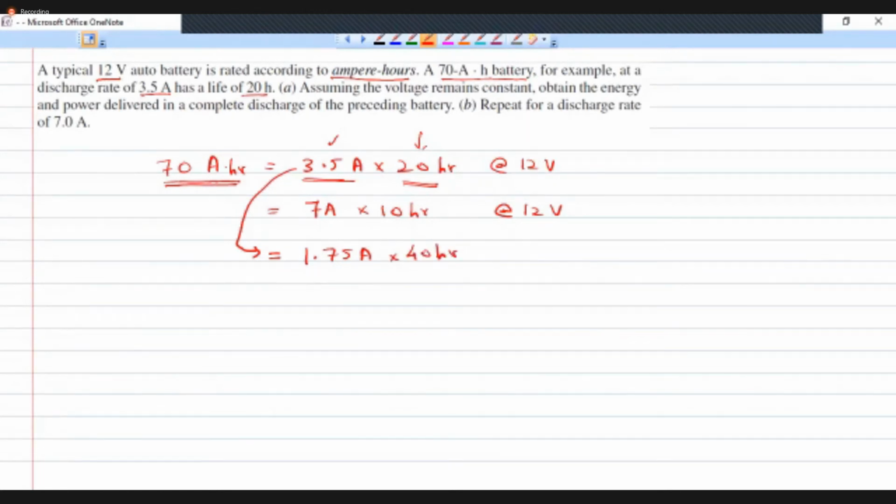So this is the ideal case. We are assuming that whatever charge we are giving to the battery, that much charge we can take from the battery. That is the assumption. We are assuming that there is no internal resistance, no losses happening inside the battery. So under this situation, the voltage remains a constant. That is, there is no voltage drop, but that is not the real case. When battery is getting charged, the voltage will go above 12 volt. When battery gets discharged, it will go below the 12 volt. So we are assuming the ideal case of terminal voltage remaining constant, and we have to obtain the energy and power delivered in a complete discharge of this battery.